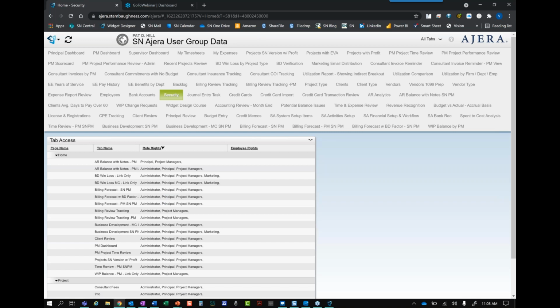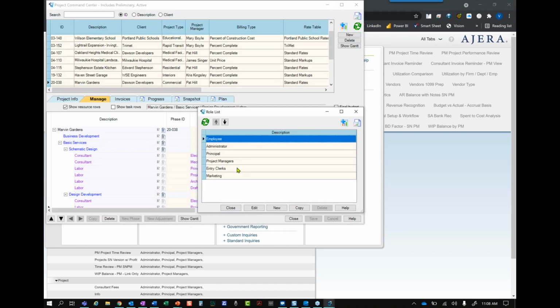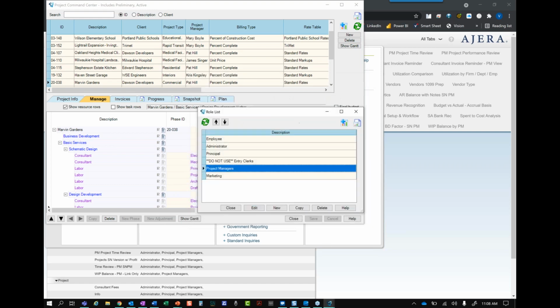Yeah, and I was just going to say too, depending on how many employees you have and how many tabs you have, like Val said, it can be a laborious task to kind of unuse those. So like she mentioned, another solution, if you didn't want to go through that labor, would be to rename it inactive, do not use, keep like entry clerks, do not use, or whatever it may be. That way it doesn't get assigned to any new folks going forward. Yeah, something like that. And then you can push these around. You can order these. So typically what I would do is move all of the ones that we don't want to use to the bottom.